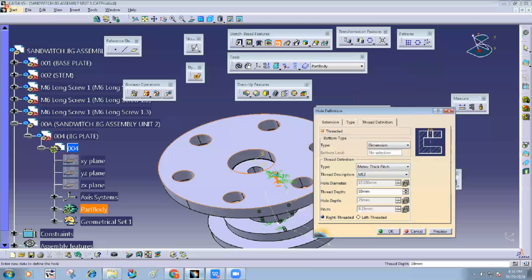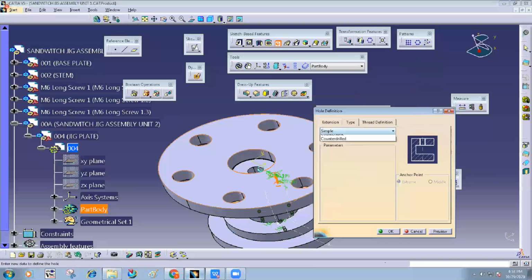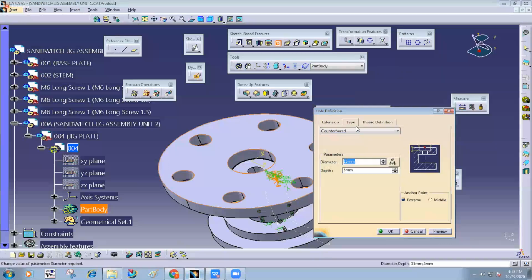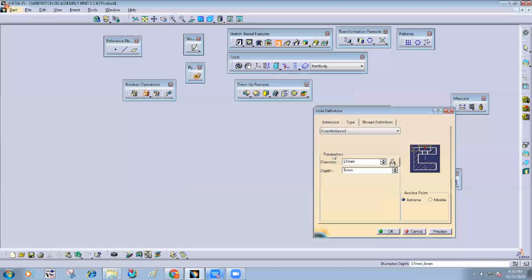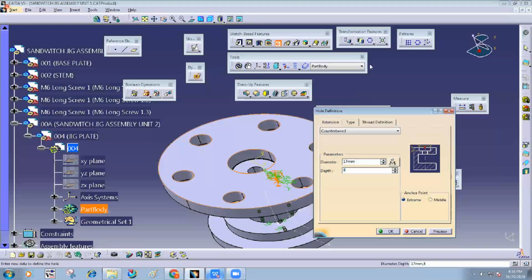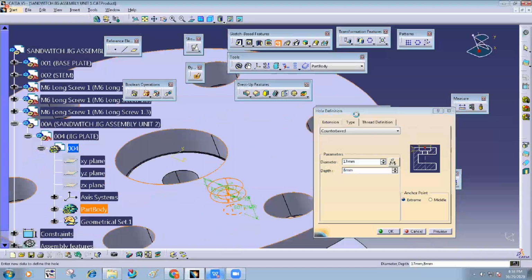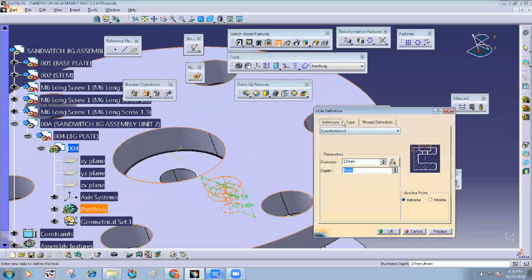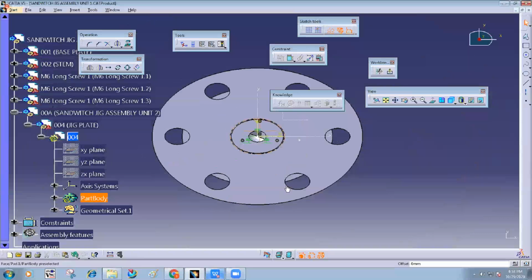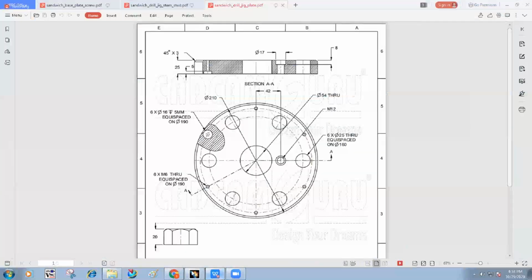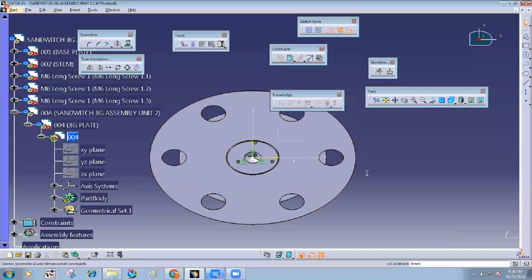M12. Counterbore. And there is a counterbore, and the diameter is 17. Counterbore depth is 8. Now its location, position 42. From where?